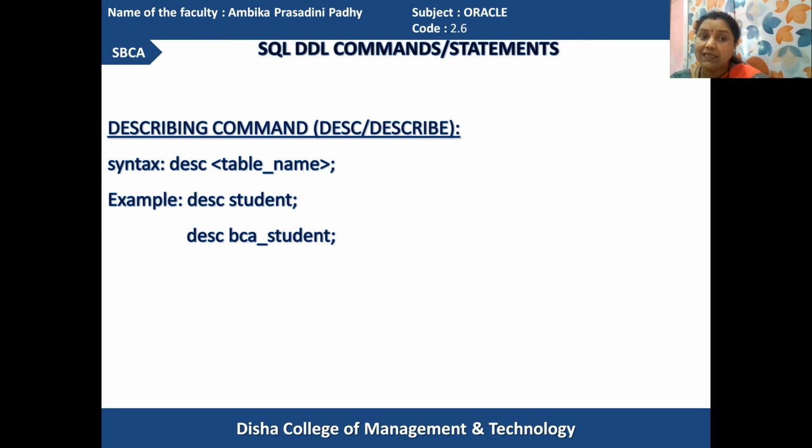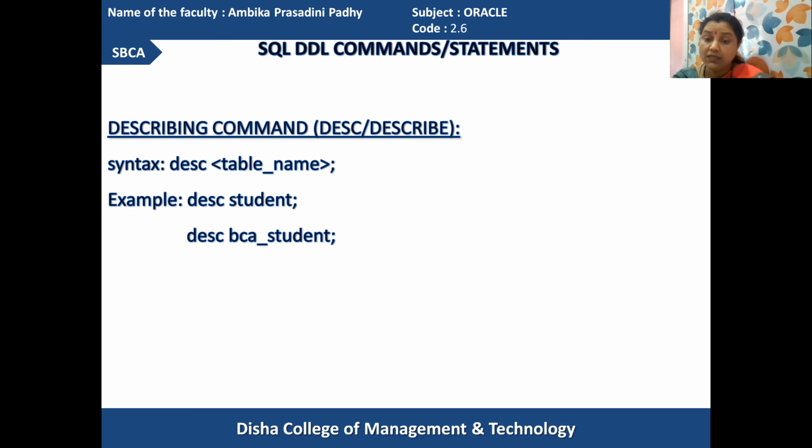You write DESC followed by the table name that you want to show on the screen. If you write DESC student, then the student table's structure, its schema, will be shown. DESC BCA student shows the BCA student's structure. If you write BCA1 student, the BCA1 student's structure will be shown. The structure of the table you can show using the DESC command.